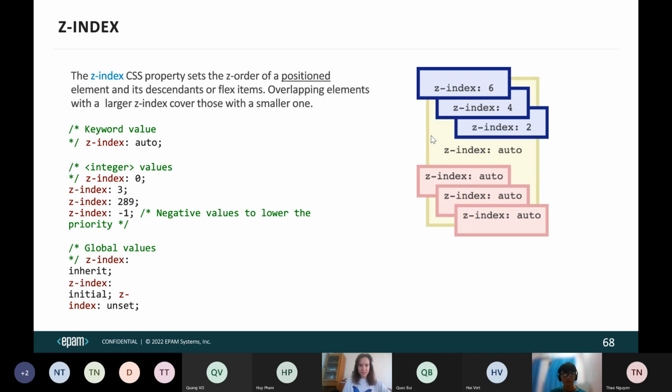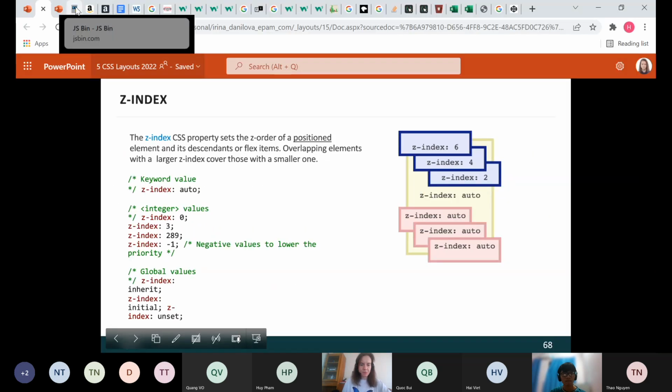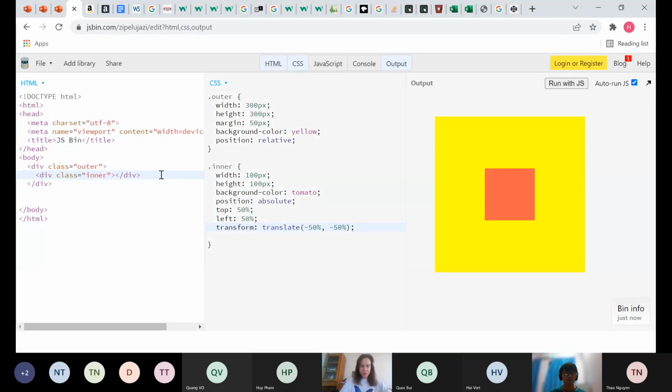For example, let me just show you an example here. If I copy this inner, for example, inner 2,